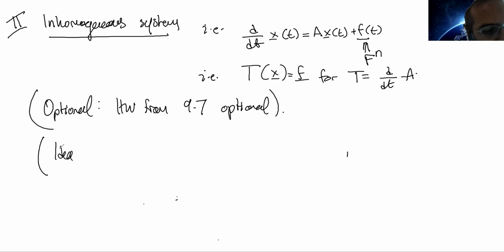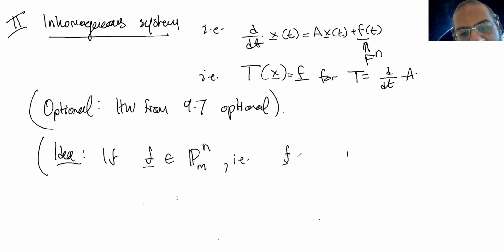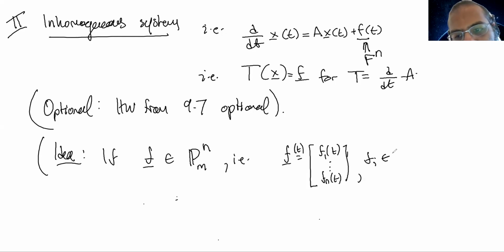The idea is if f is a polynomial, using this notation, f of t is a bunch of functions, and each of those is a polynomial of some degree m, then P of x equals f has a solution